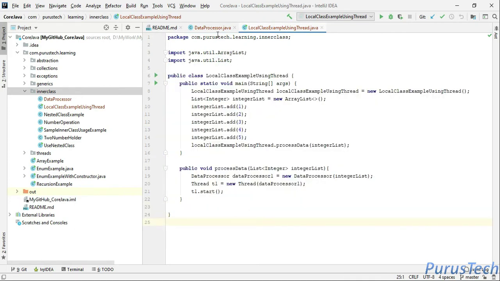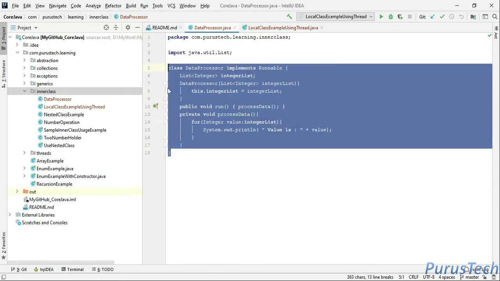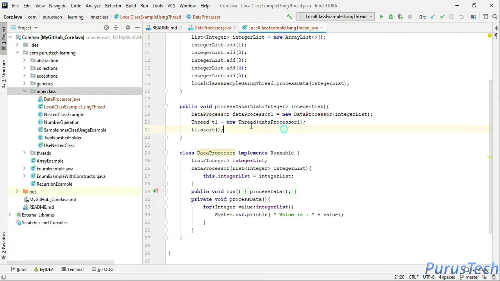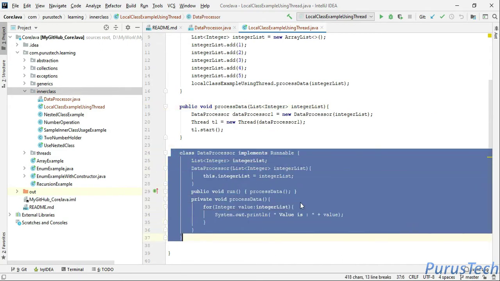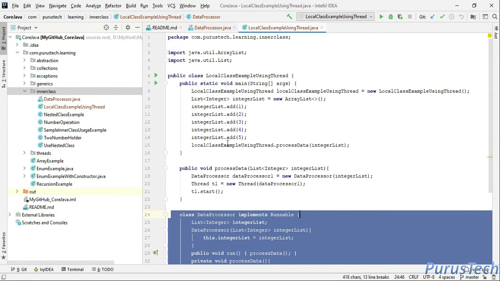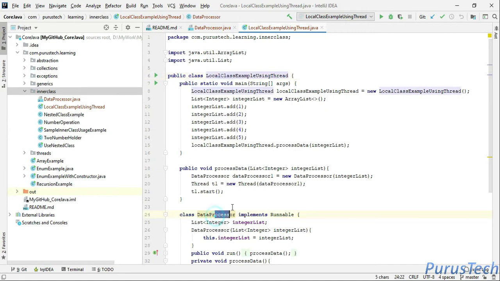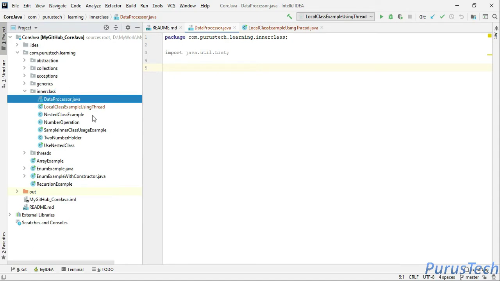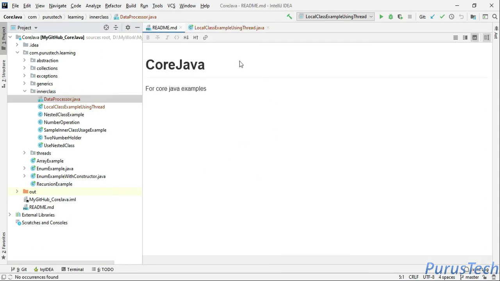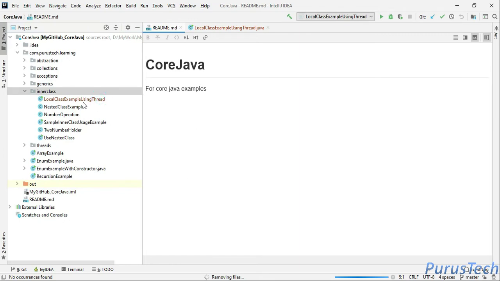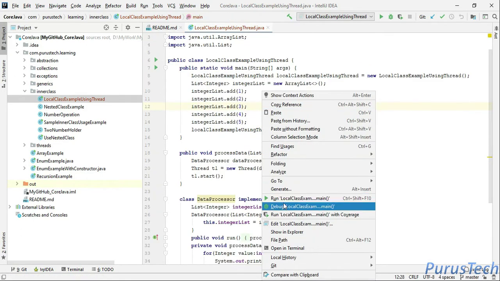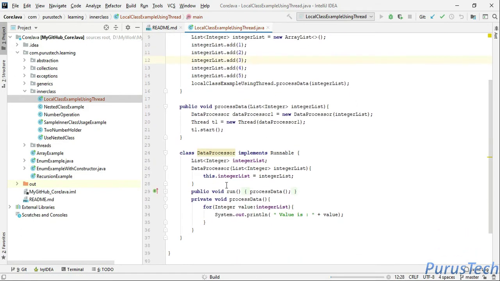So what I can do is take this particular class, Control X, and put it here, let's say. So this has become an inner class, right? That means this is the outer class and this is the inner class. So let's just delete this, which I don't require as of now. Okay, let's come here to this example, and if I run this class, then we will get the output